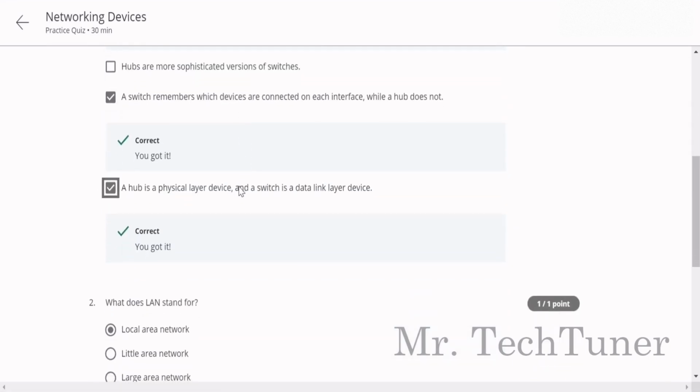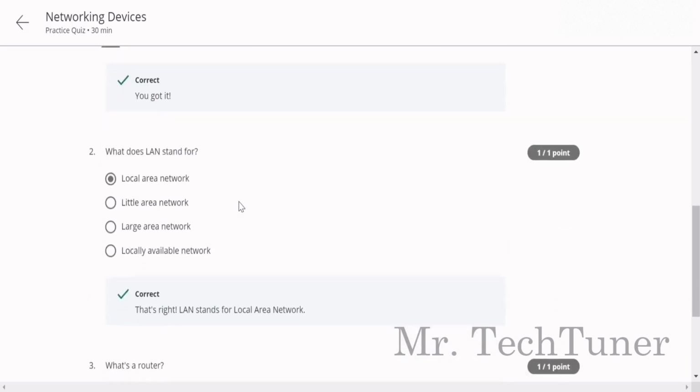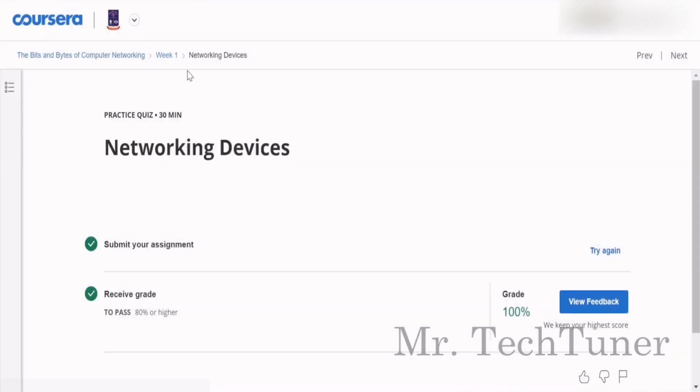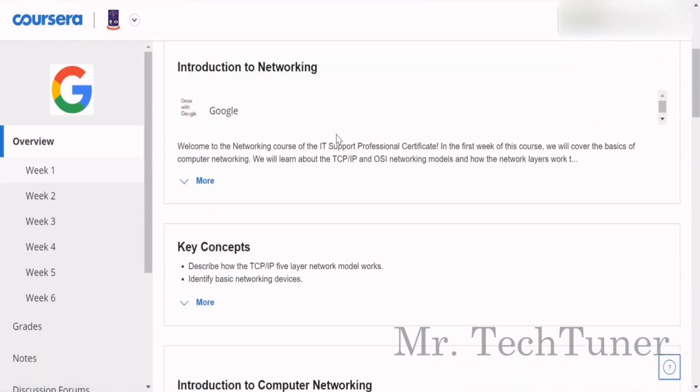The third correct answer is that a hub is a physical layer device, but a switch is a data link layer device. Next question, what does LAN stand for? LAN stands for local area network. What's a router? A device that knows how to forward data between independent networks. That's it, so we go to our next topic.